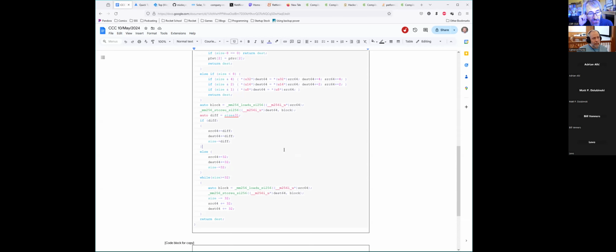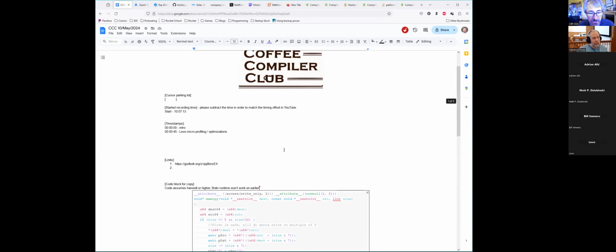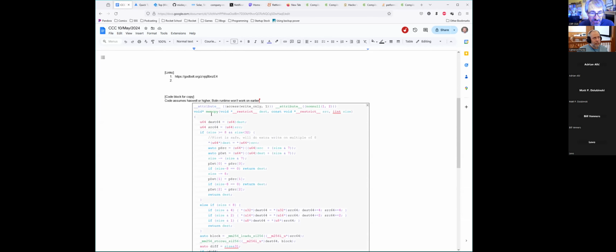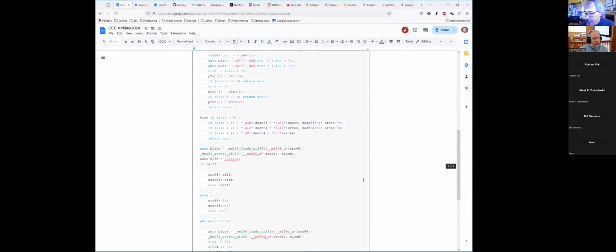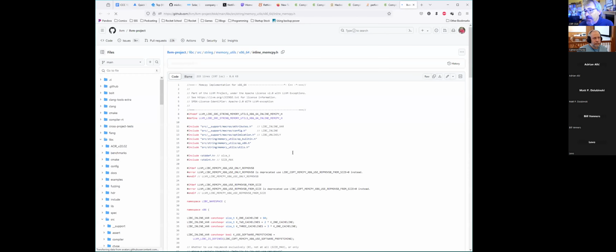So I claim you should check for overlap here. You're saying no, you don't have to. You're saying if they overlap, it's undefined behavior. Yes, for memcpy. Okay. For memmove, I would definitely have to. Let me grab... so maybe it's fine. I don't know.